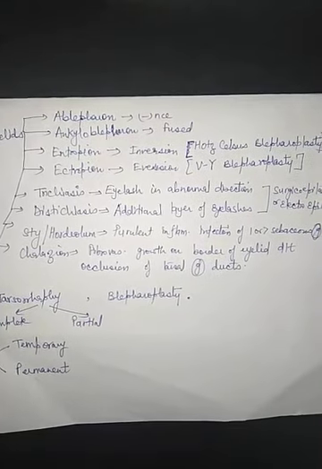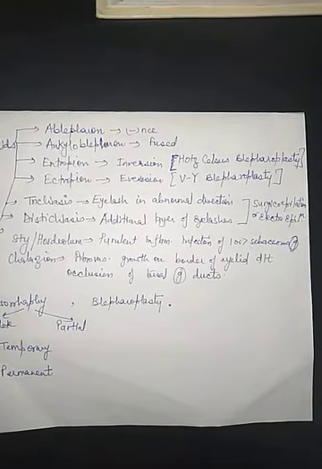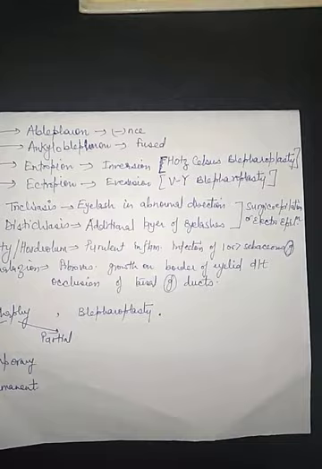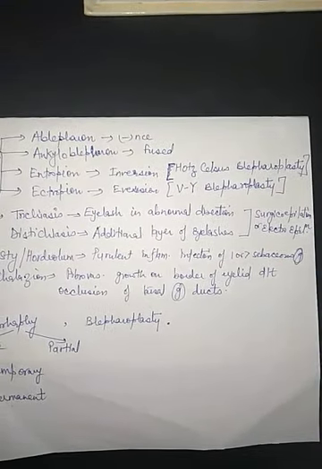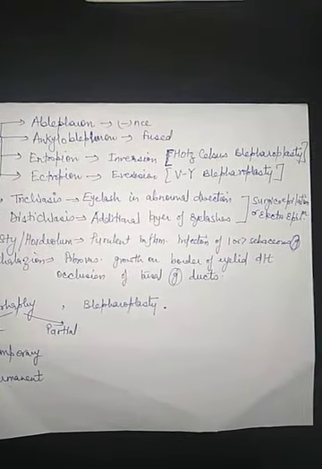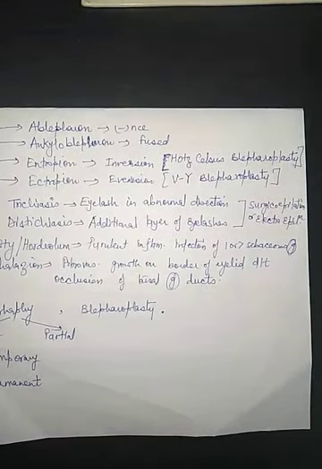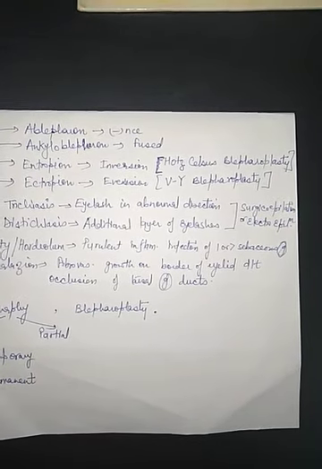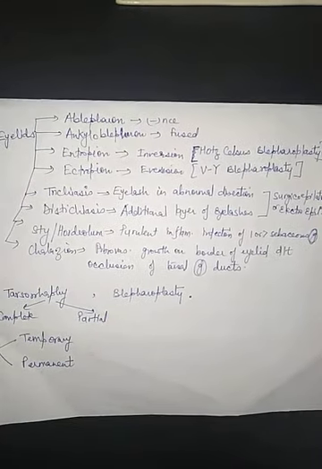The other condition is stye or the hordeolum. These are growths present on the eyelid margin. Here one or more sebaceous glands are infected and so there are purulent inflammatory swellings. For the treatment of it, we go for hot compresses. For that, we can take a sterile swab dipped in normal saline or hot 2% boric acid, and it is applied daily. Because it is an abscess, it matures and then ruptures. So the condition is corrected by the hot compresses.